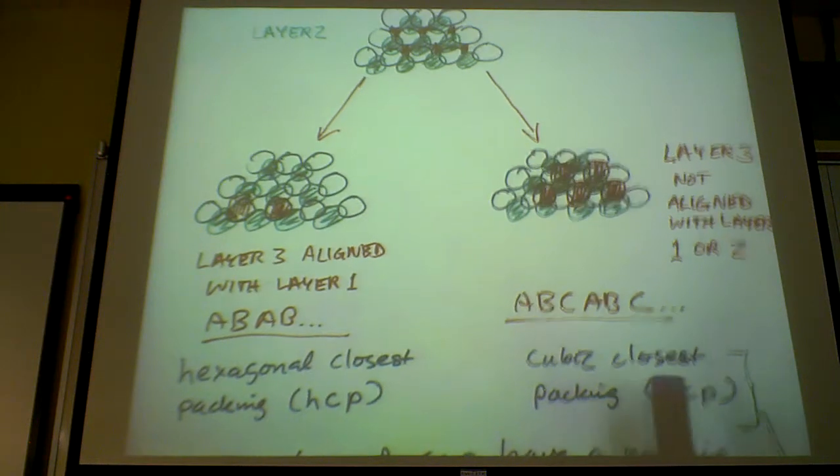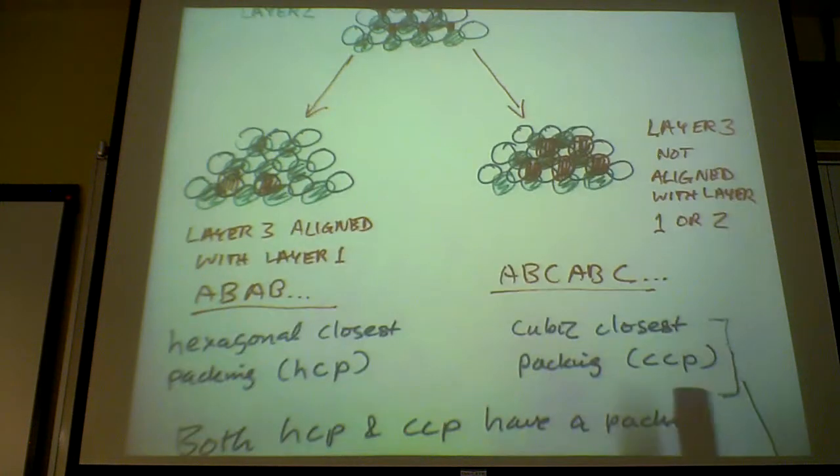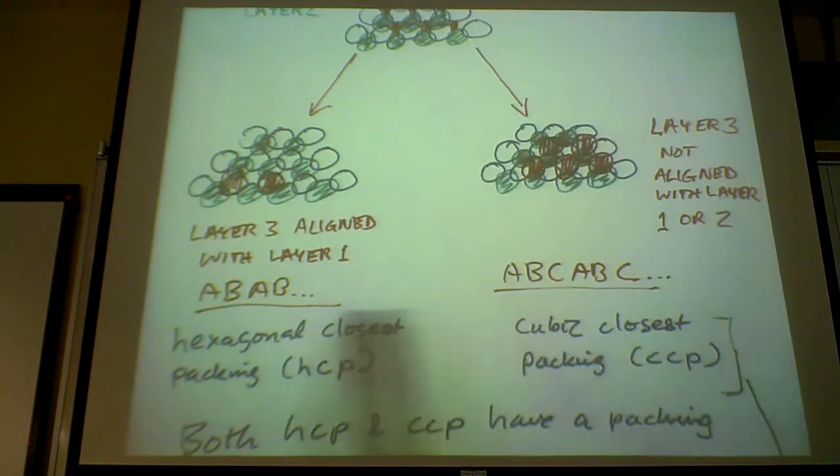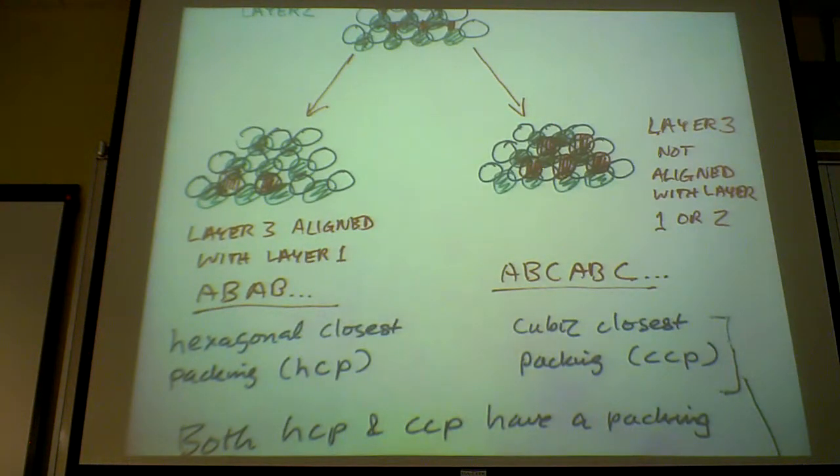I think people may remember from first year chemistry about how you stack this AB structure. It's the closest packed structure. It's the densest you can make in terms of the density of the material that you can pack into a cubic or hexagonal